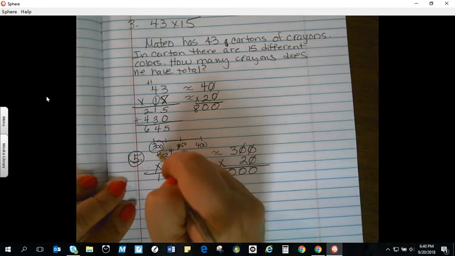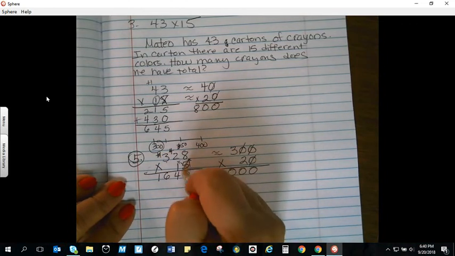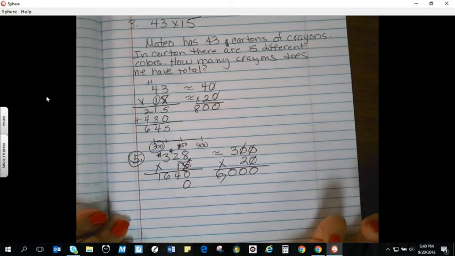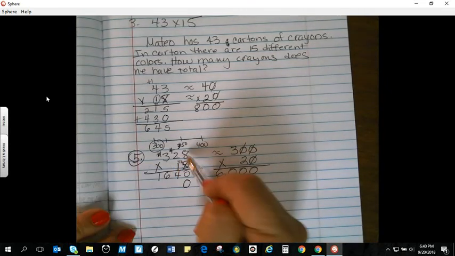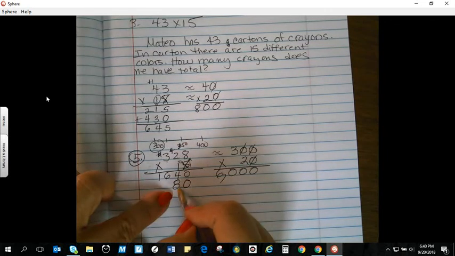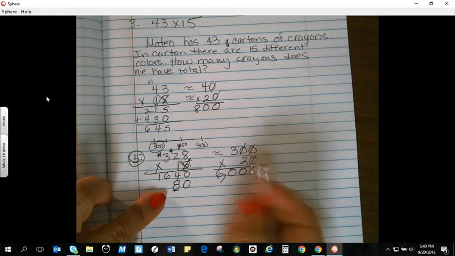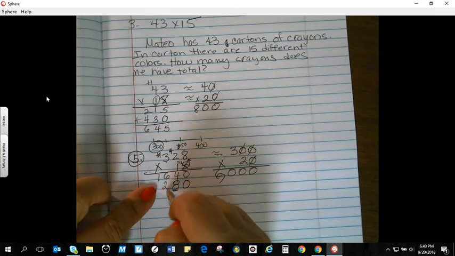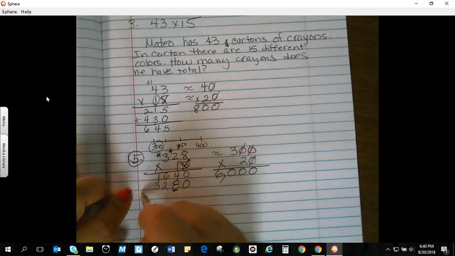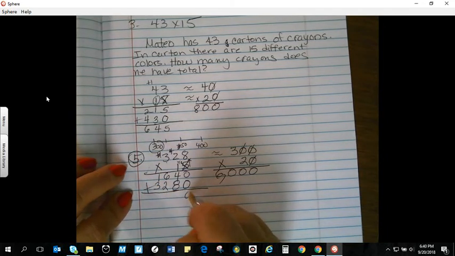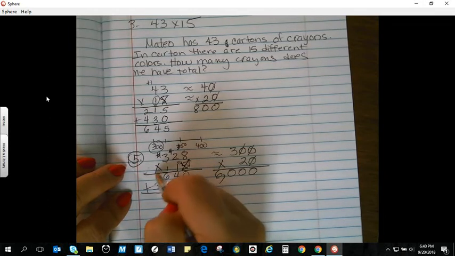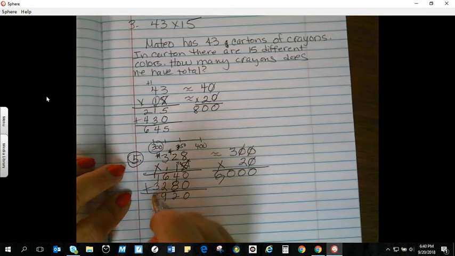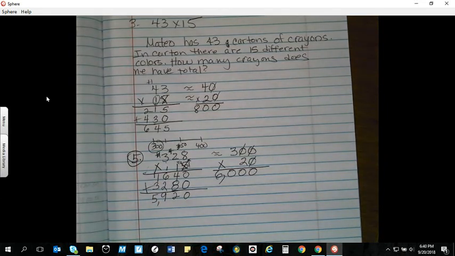I'm done with these carryovers, and I'm just going to cross those out and cross out my ones, put a 0 as my placeholder in the ones place to say I'm done. I'm moving over to my tens place. 1 times 8 is 8. See how I put my 8 in the tens place? Because that's where I'm beginning. 1 times 2 is 2. 1 times 3 is 3. Everything is lined up where it needs to be. 0, 8, 10, 12, 6, 7, 8, 9. Carry my 1, 3, 4, 5. So it's about that. The exact number is